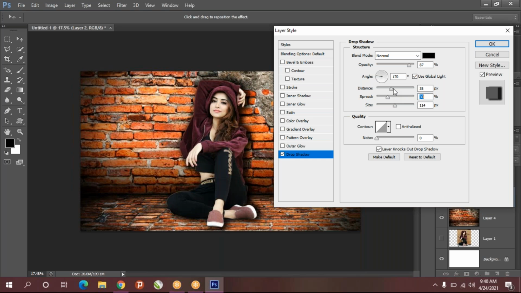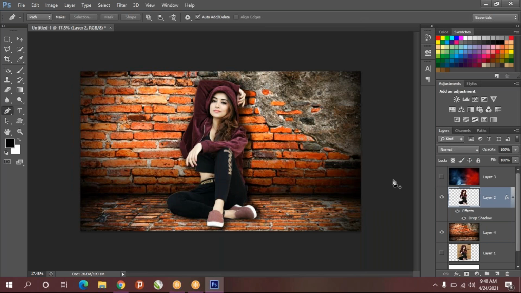So just adjust this value till you get the perfect thing, because based on the image you have to give these values. And yeah, this is good for me.